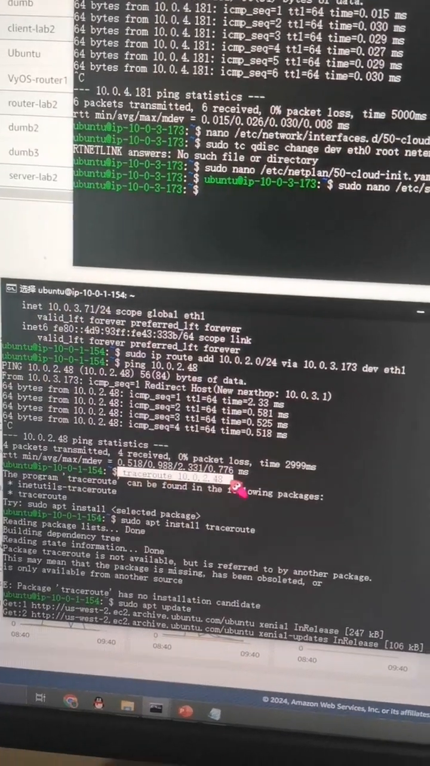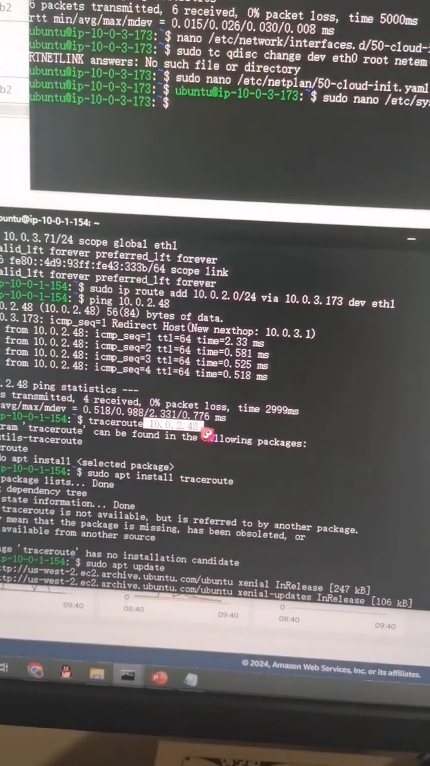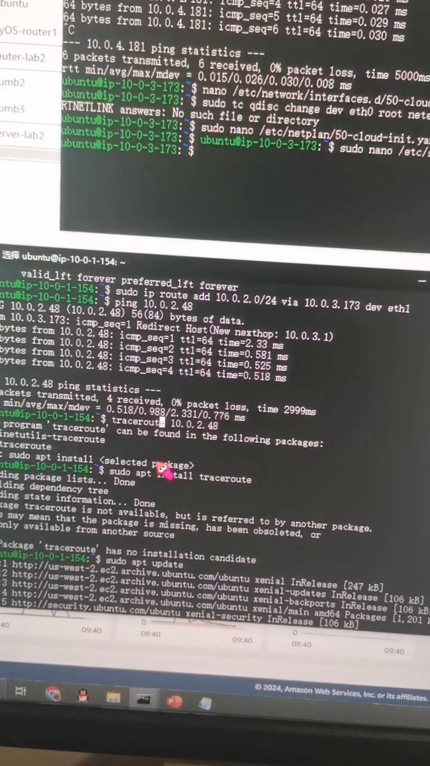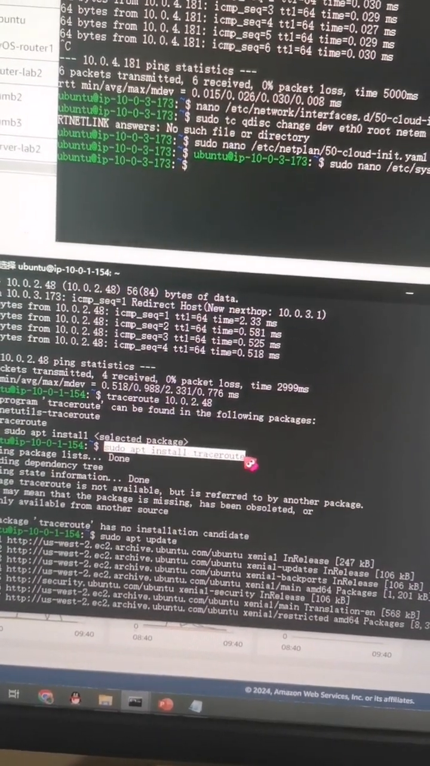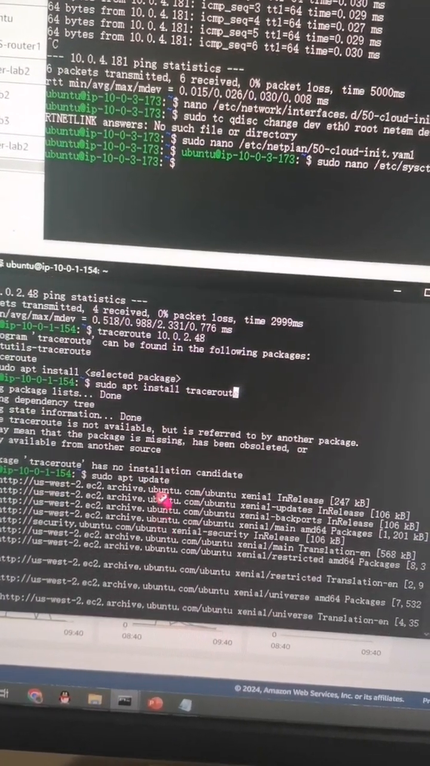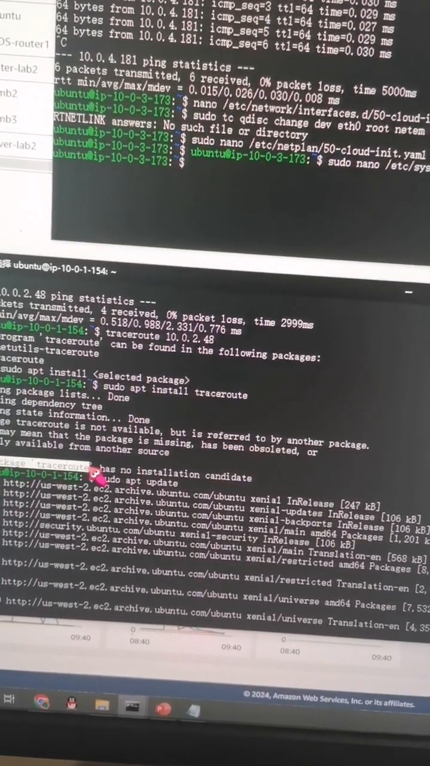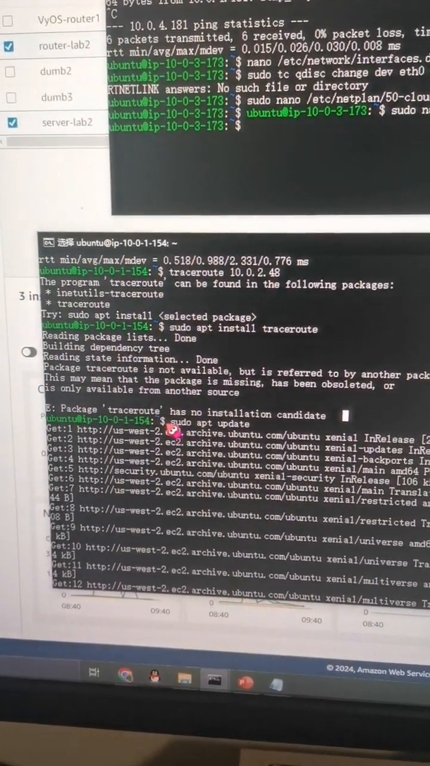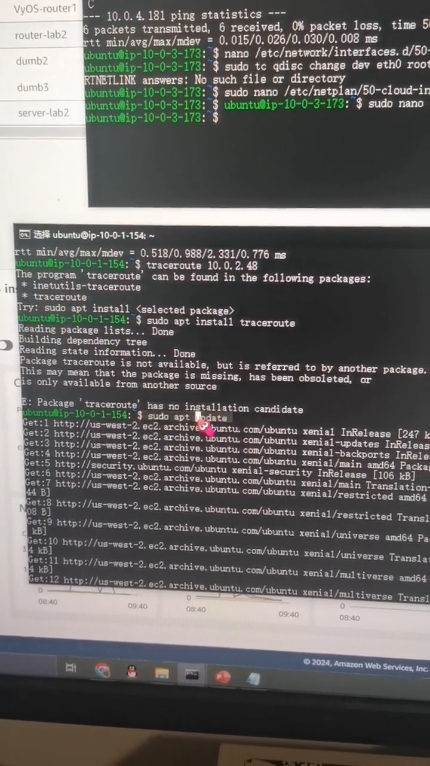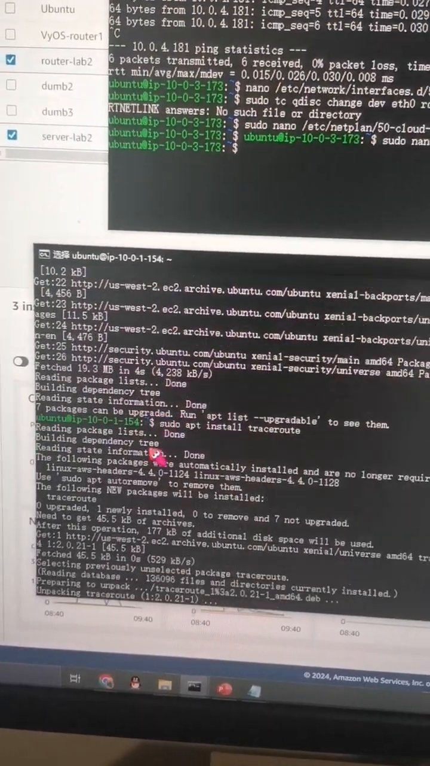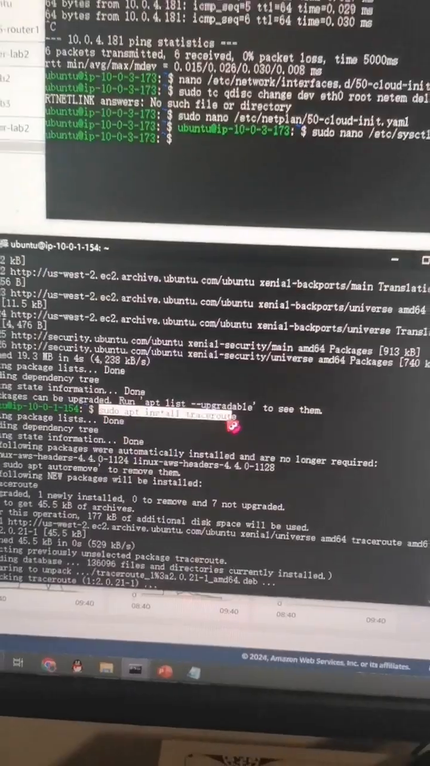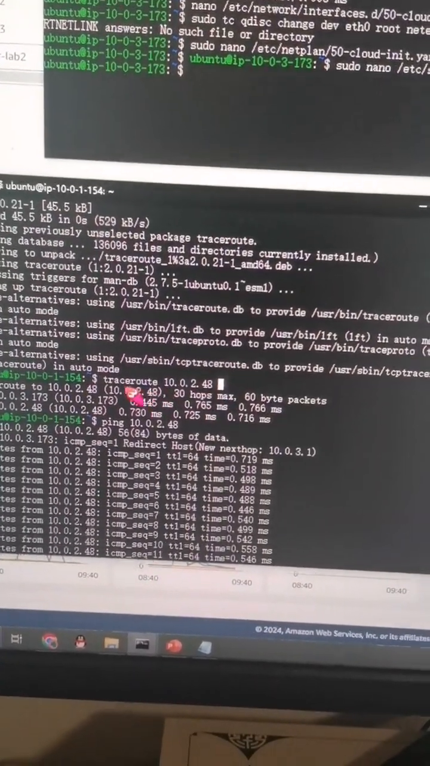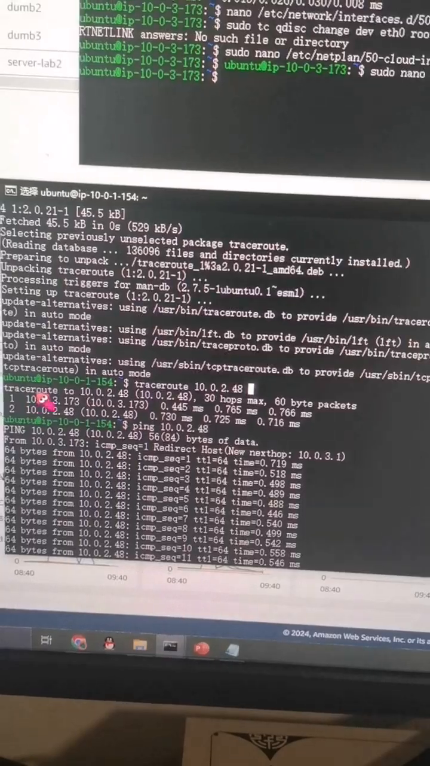And I want to traceroute from the client to the server, but traceroute is not installed. I want to install traceroute, but the package traceroute has no installation candidate. So I just do sudo apt update, and then we install traceroute, and it's okay. So now you can see we traceroute from the client to the server, and it has